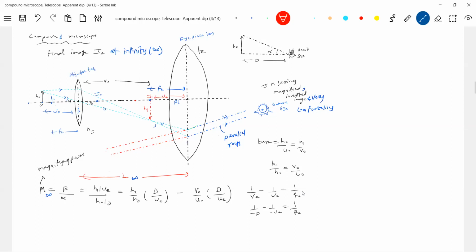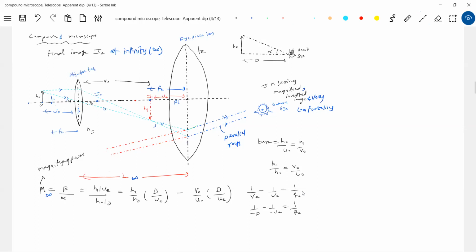So are we able to see it? The same thing. The rays will enter parallelly and the eye will say that I'm able to see this H naught. But sir, where is H2? You can ask it. It is at infinity. Sir, though it is at infinity, how are you able to see? Is it the rays entering into the eye or not? As the refracted rays enter into the eye, I'm able to visualize that image.